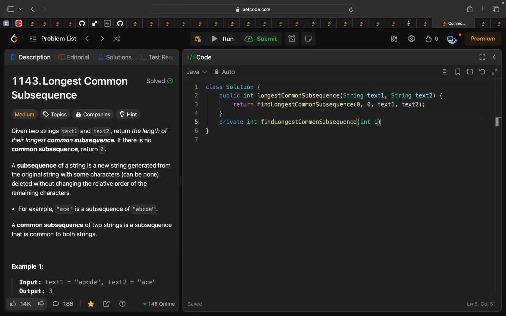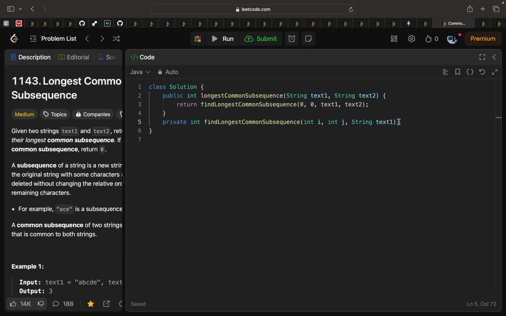So this is the pointer to text 1, this is pointer to text 2, and this is our text 1. So let's call them text 1 and text 2. So base condition will be something like if our I pointer becomes greater than text 1's length,